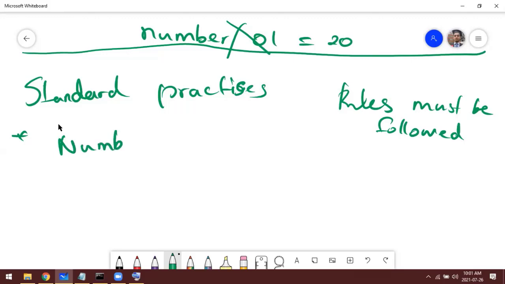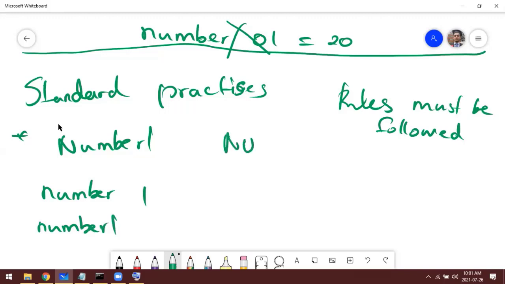Someone may type like this, number one. Another one may type like this, number one. Another one may type number one. Maybe someone may type everything in capital. Then there are problems, right? So to avoid these issues, we should follow standard practices.